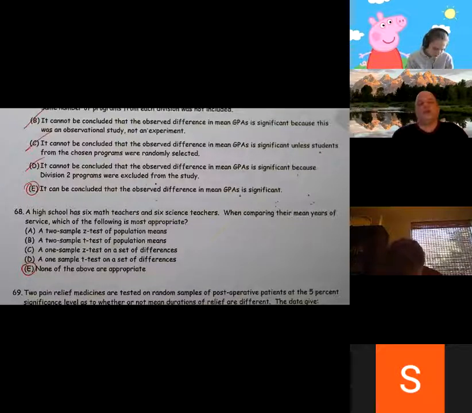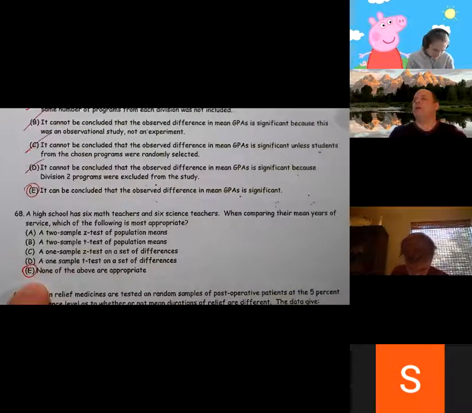As far as when I could use the 2 sample Z, I would have to have known the standard deviation of the population. They would have had to tell me that in the problem. The standard deviation of the population is this. If I calculated it from the sample data, then that makes it a t-test. And since I have 2 independent groups, it would be a 2 sample T. So realistically, this could have been either done as a 2 sample T, or since they did a census, it's going to be none of the